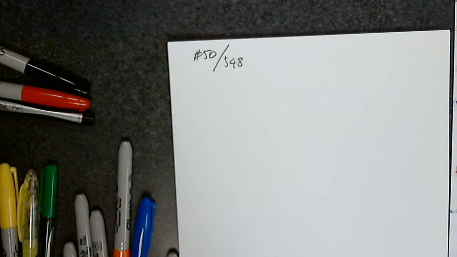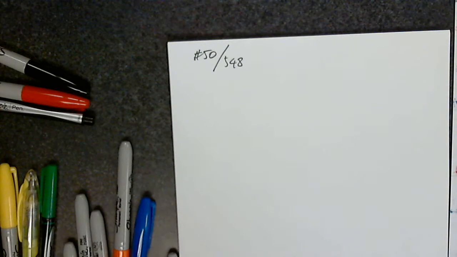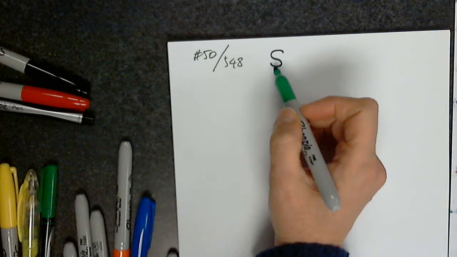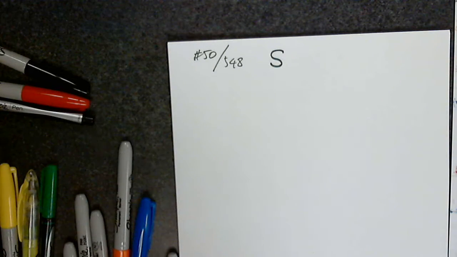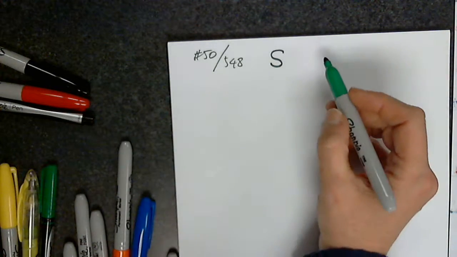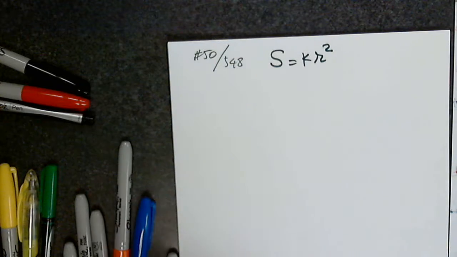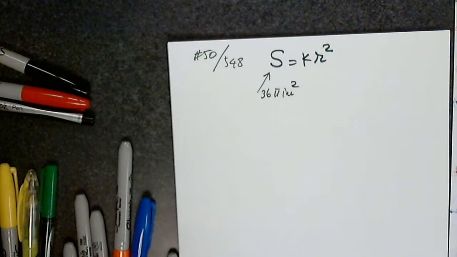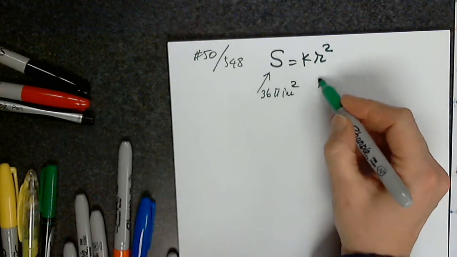The surface area of a sphere varies directly as the square of its radius. One more time. The surface area, how do you want to call it? As surface area, okay. Varies directly as the square of the radius. Very good. It's a direct relationship. If the surface area is 36 pi square inches when the radius is 3 inches,